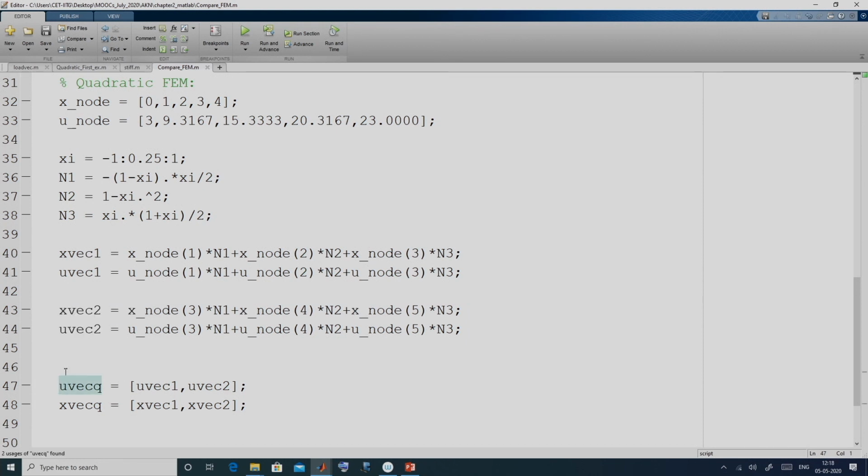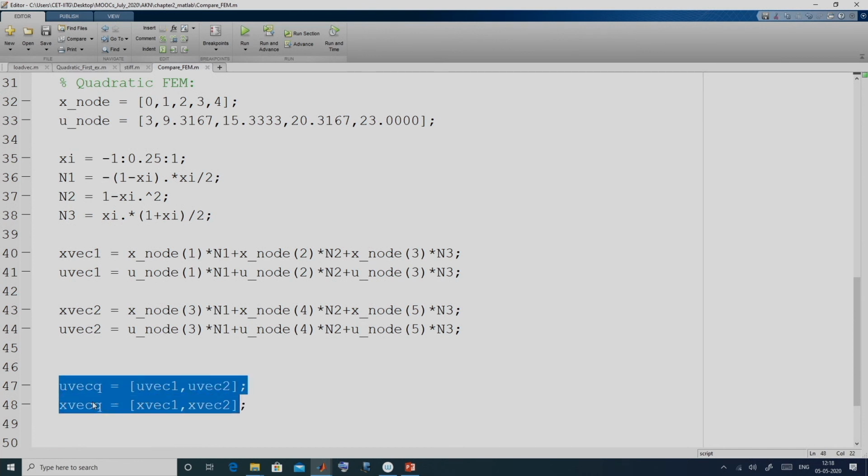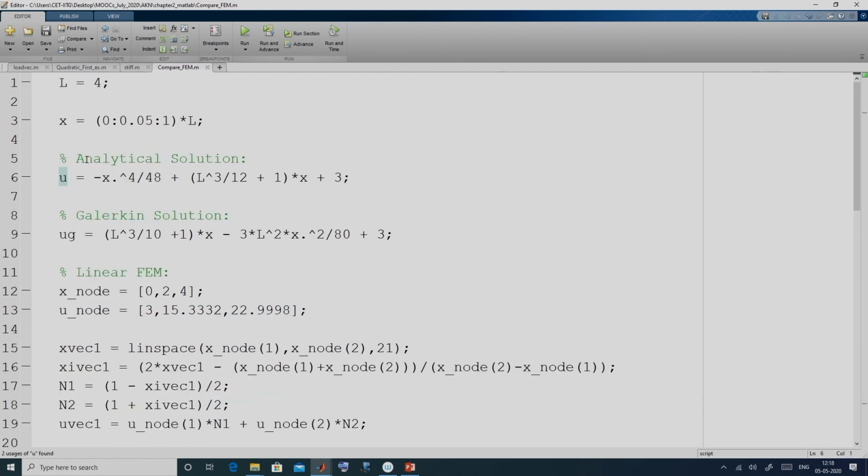Finally, we combine these two to get u vec q and x vec q, that is the distribution in the entire domain. Also, we have the analytical solution for this ordinary differential equation. We have the Galerkin solution.